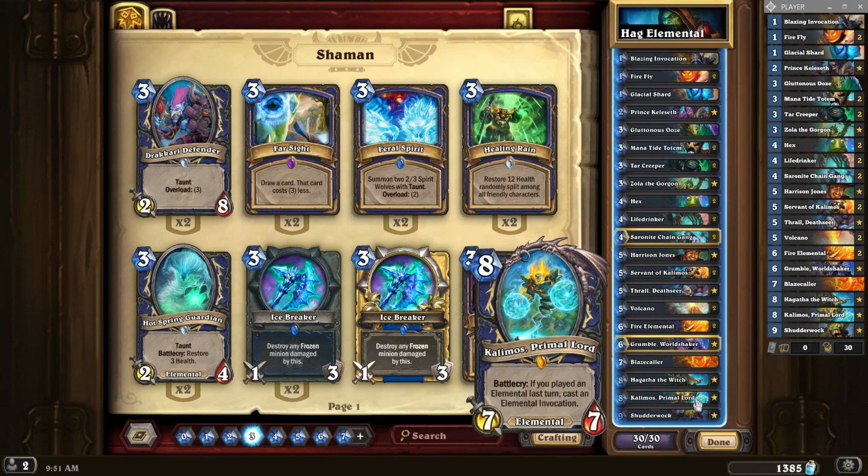And Kalimos is an awesome card. Again, if we get to turn 8, we can heal ourselves for 15. It's extremely adaptable. Like if I play against a Taunt Warrior, I summoned a bunch, he already spent his Brawl, I put a bunch of elementals on the board, he executes, and then I think I was able to